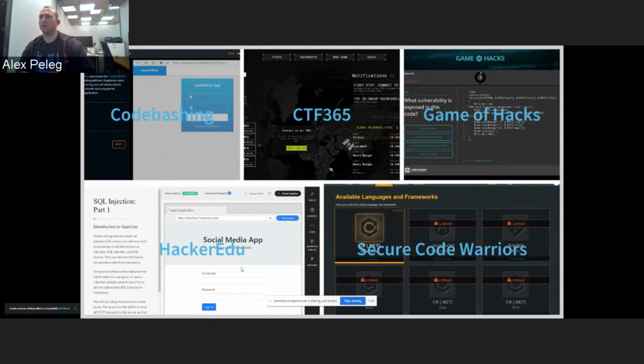It's something that you can use in order to train your developers, but also to train your security teams. And there is the Secure Code Warriors, which is also an engaging platform. It has lots of different language support, and allows to do some challenges against the code, and it's really developer driven.